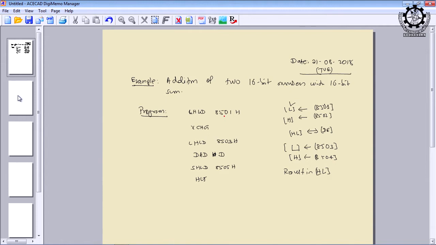Is it clear? If you write LXI H, 8501H, what is the meaning of this? L will contain 01 and H will contain 85.